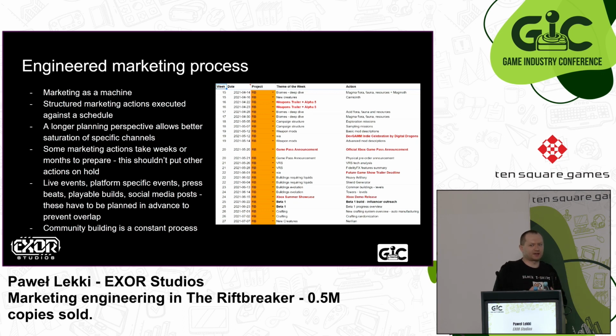And this works best when looking at it from a longer perspective, because this allows us to saturate specific channels well. You can't, for example, send out tech articles to Gamasutra every other day because they won't get featuring. You have to cool down a bit before doing ones. The same goes for Imgur and different kinds of press. You have to allow some cool down, and at the same time, you can't spit out marketing materials every other